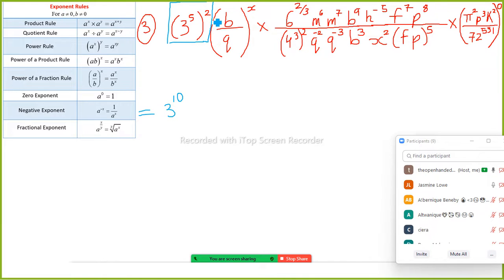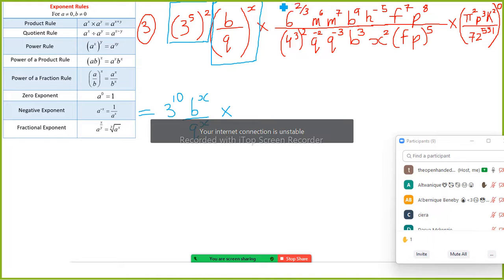Excellent. Then Albernic, what would this one be? B to the power of x, and Q to the power of x. Excellent. Good. Multiplied by